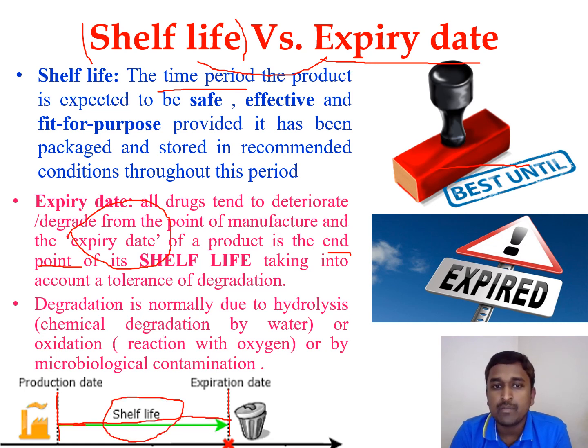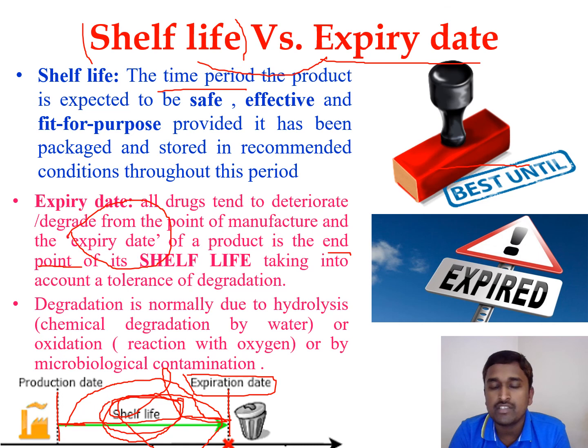That's why in the previous slide you saw that shelf life is expressed in units of months, whereas expiry date is a particular date at which the product is going to expire. In scientific terms, the shelf life is when 90% is retained, and the remaining 10% is going to be degraded. How many months it took to deteriorate 10% of the drug, and the date at which the 10% of the drug has deteriorated, is the expiry date.